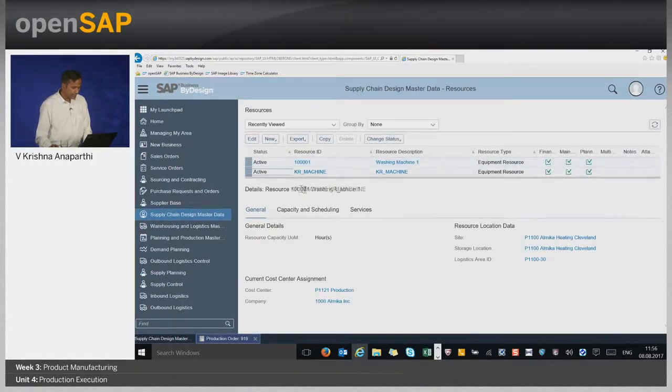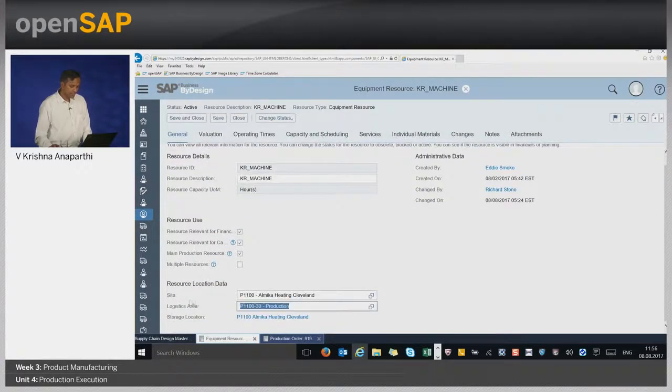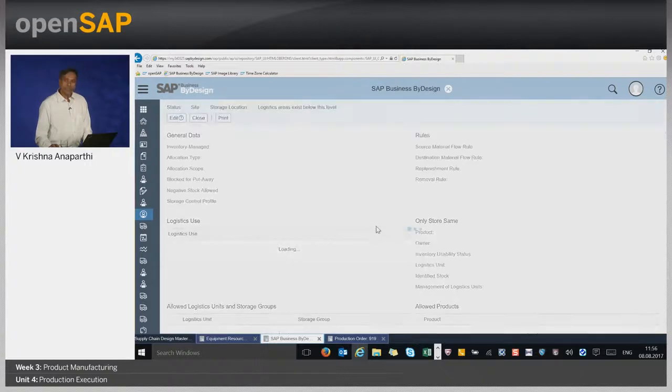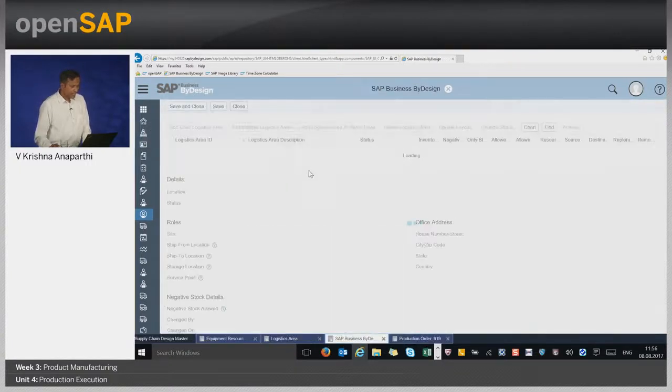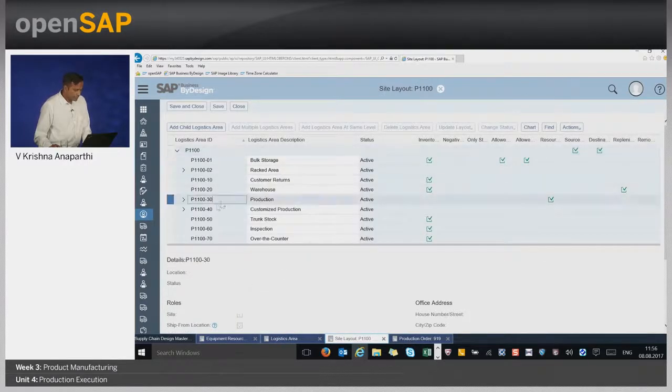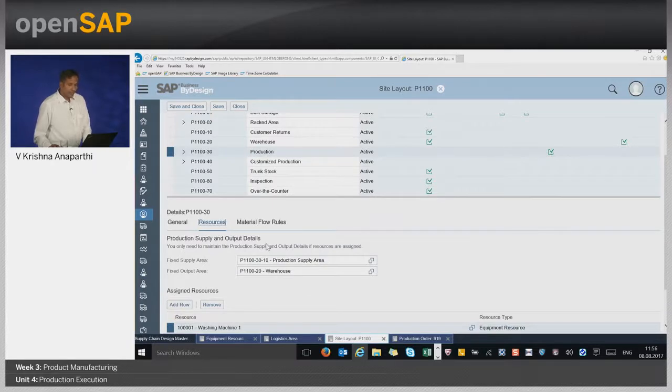And this is my resource. I am just editing the resource to understand what the logistic area is. The logistic area that has been given for the resource is P1100-30. Let's navigate to the logistic area. In the logistic area, I can navigate to the corresponding logistic area, and there is something called a resource here. It mentions there are two areas here, the fixed supply area and the fixed output area.